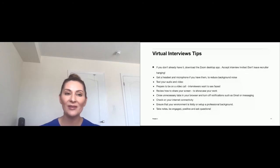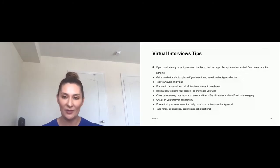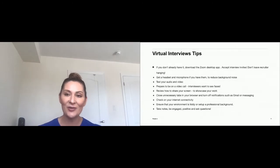So if you haven't already done it, make sure that you're downloading the Zoom app, and once you do, make sure you're accepting the interview invites. Don't leave recruiters hanging. I often see at times when I send someone an invite, they don't necessarily accept it, and so I'm left wondering if they're going to attend the interview. So make sure that you have everything set up on your tools and your technology,